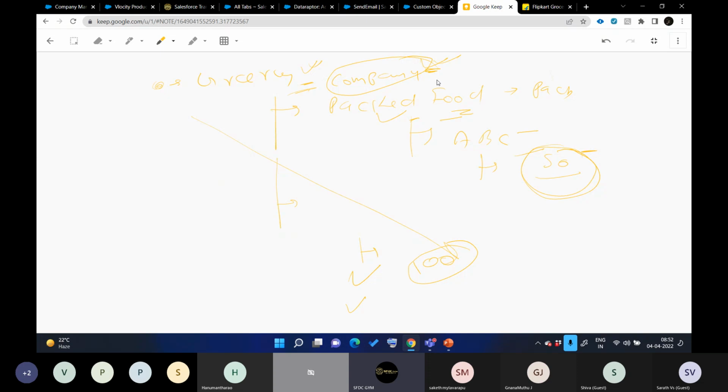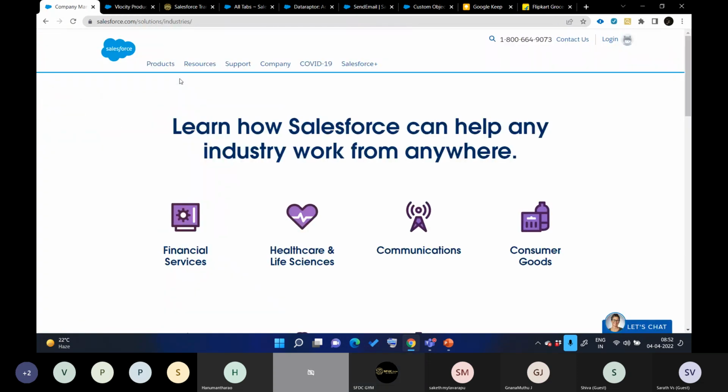And what if I tell you this field, you don't need to define it in Salesforce as well? That means that company field you can create on the fly. We will discuss in depth how we will create all those things. But the thing is, we don't need to define it the Velocity way. You have less dependency on your object, but more dependency on the Velocity VF pages that they have created for us. Now, let me quickly show you this page.